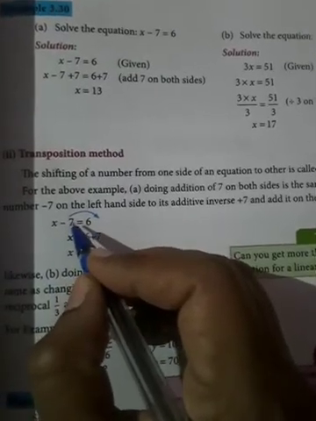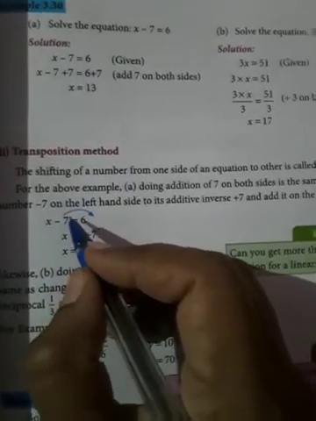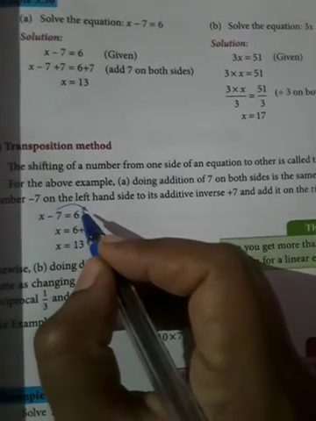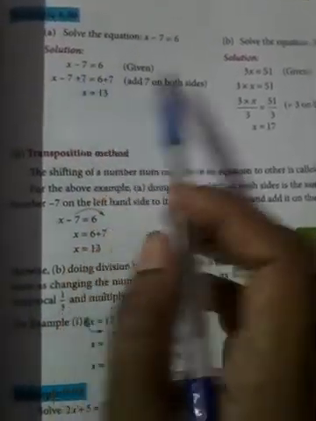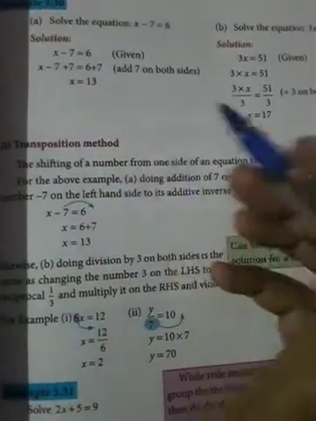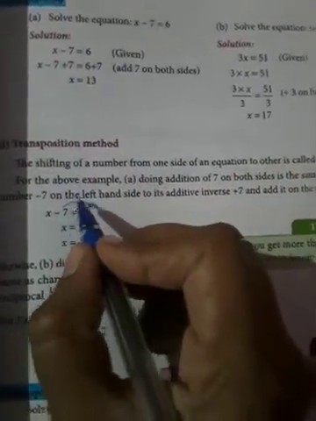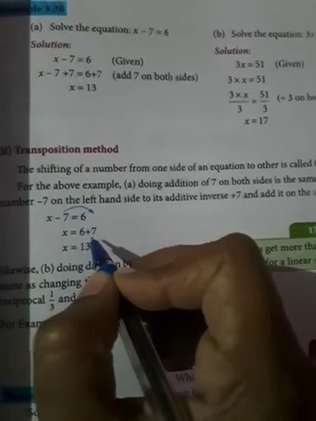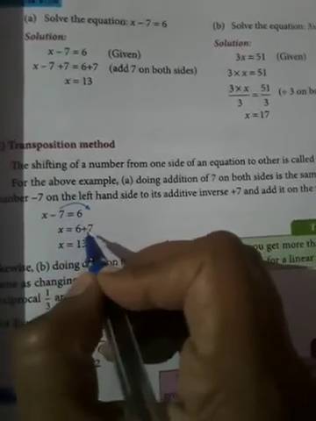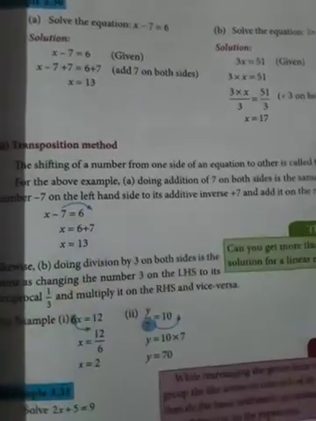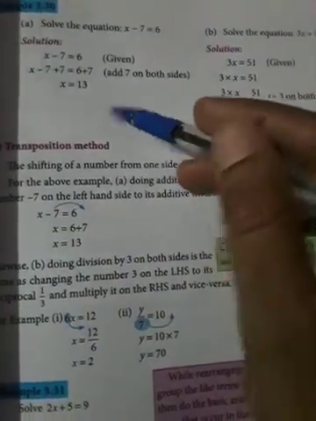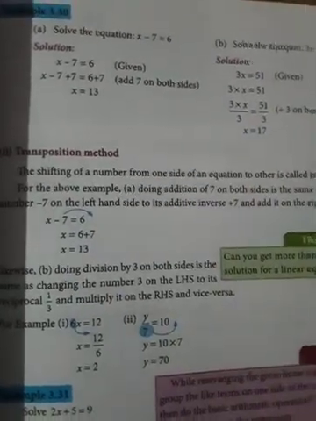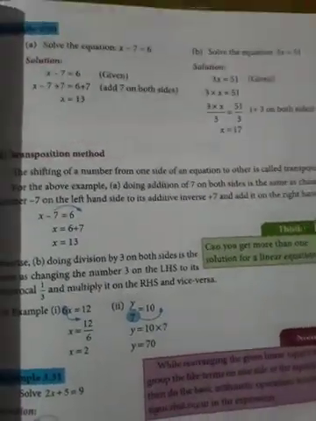This minus 7 is extra here. So what do you want to do? You want to transport it to the opposite side. That's why this is called the transposition method. Earlier we were adding on both sides, but here we are transporting. If minus 7 is transported, it will change to the opposite one. So minus 7 will change to plus 7. So 6 plus 7 is equal to 13. Within 2 steps you will get the answer. Either you can follow this method or the other method, but in my point of view, this will be easy for you. I will give some homework, you can do it.